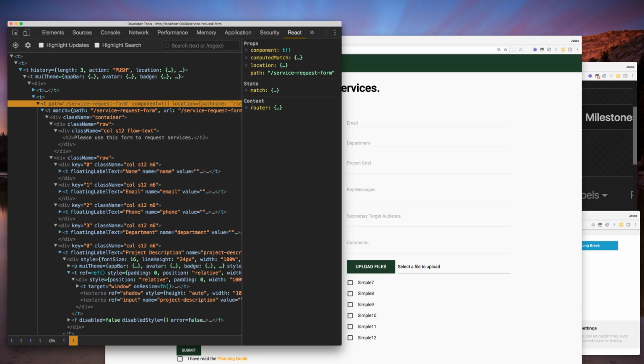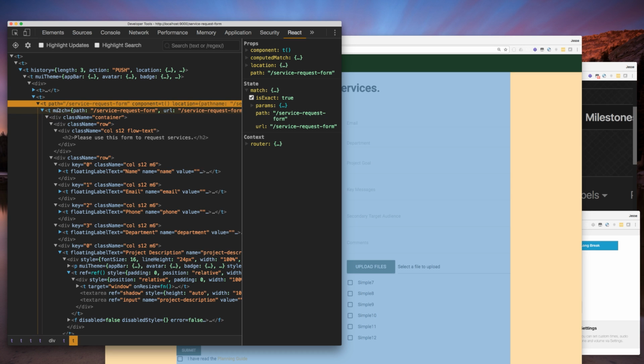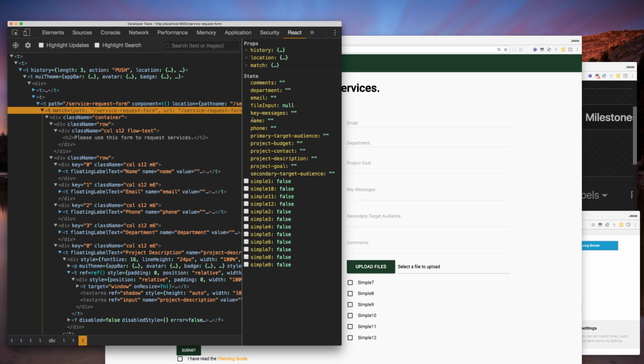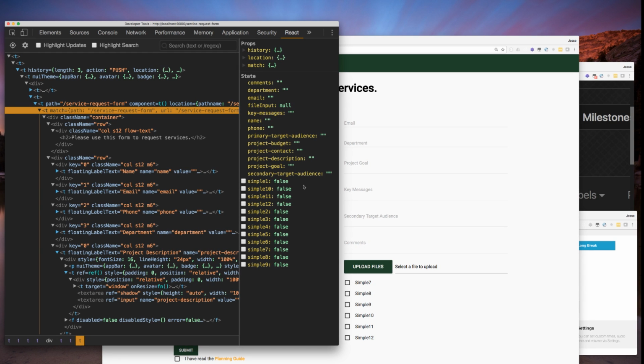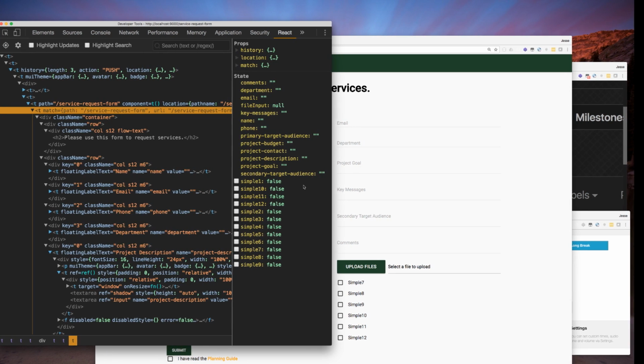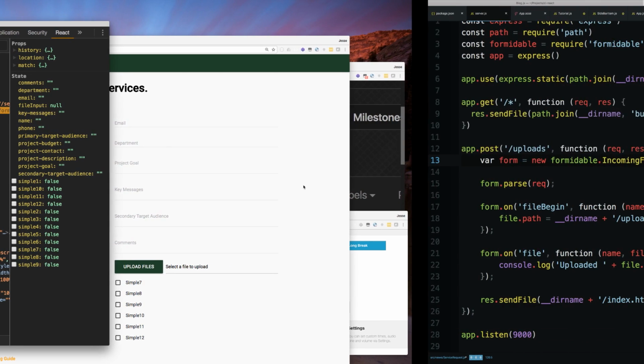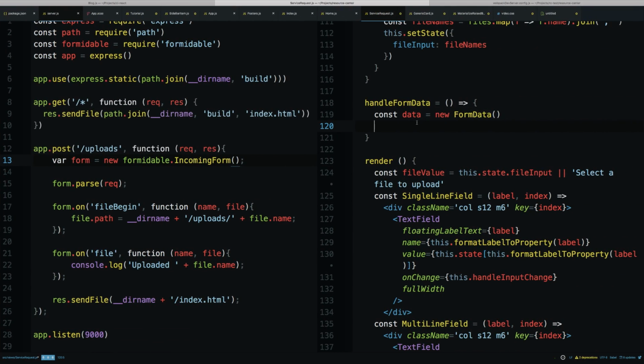There we go. Okay, so here's our state. Okay, should be able to do